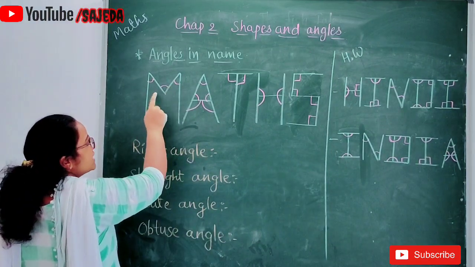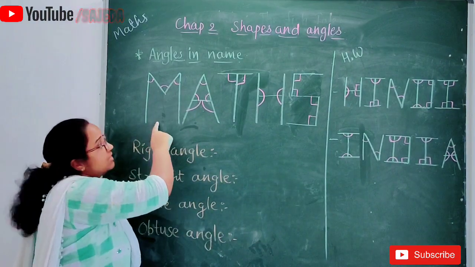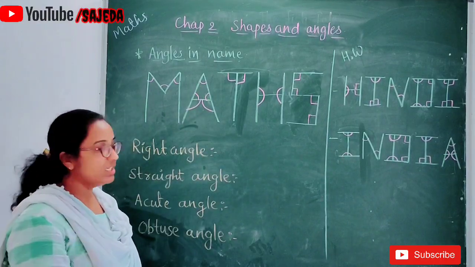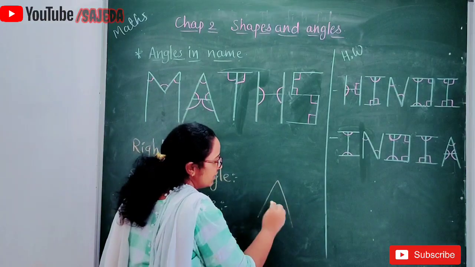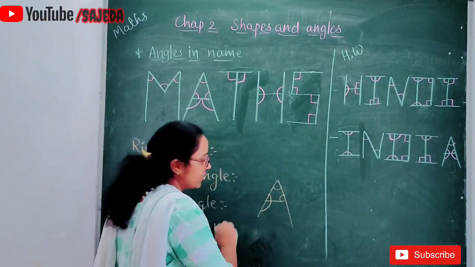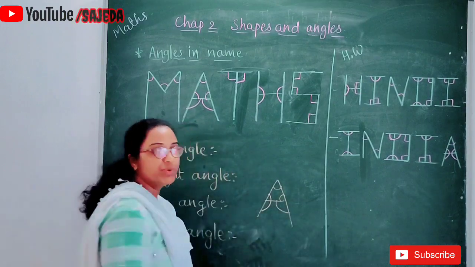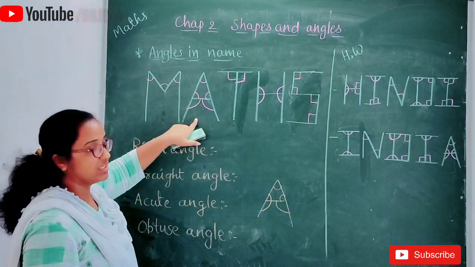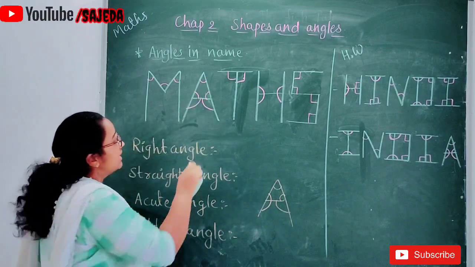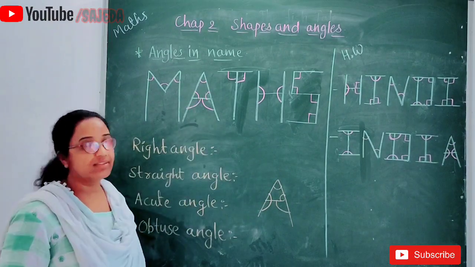In this, all these three angles are acute angles. Look, in the previous example in A I have drawn like this, 1 and 2 acute angles, 1 straight angle and 1 obtuse angle. But here it is different. Here I have drawn 1, 2, 3 acute angles and 2 obtuse angles.